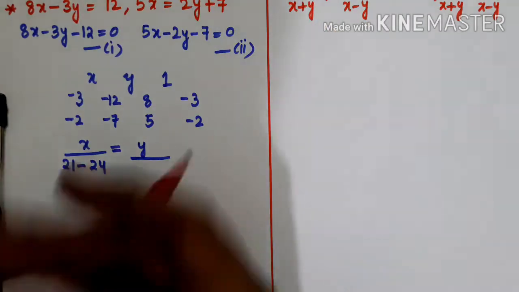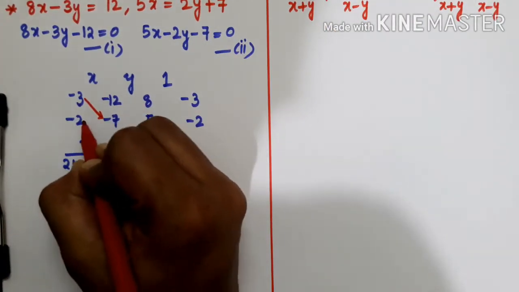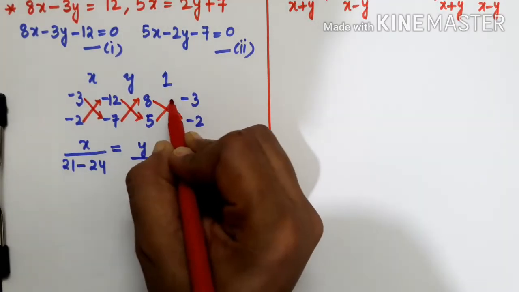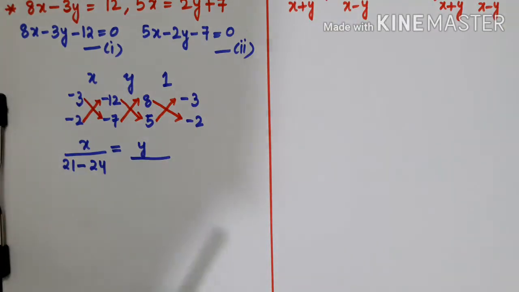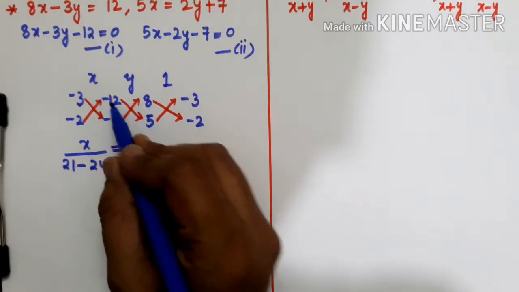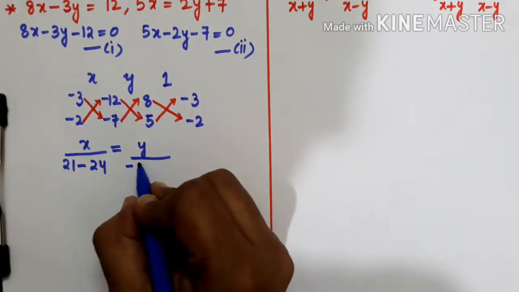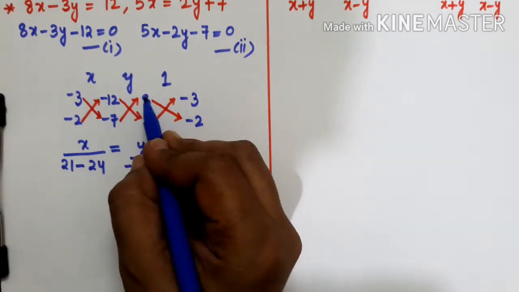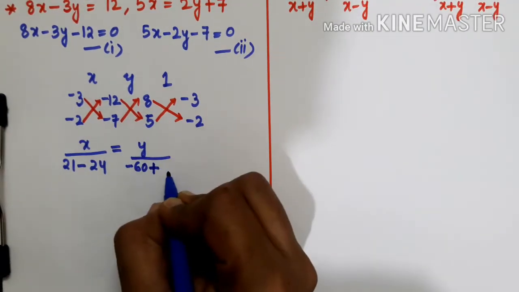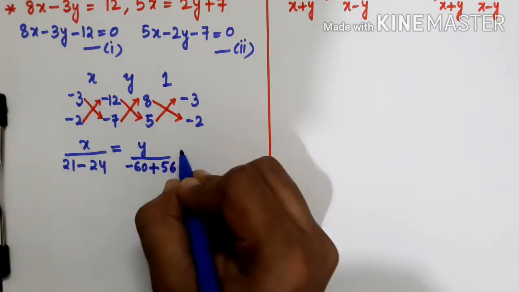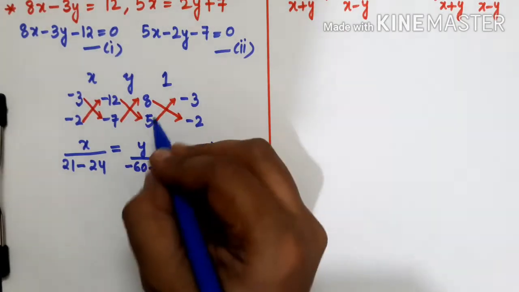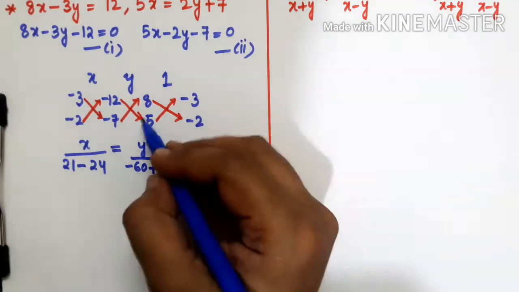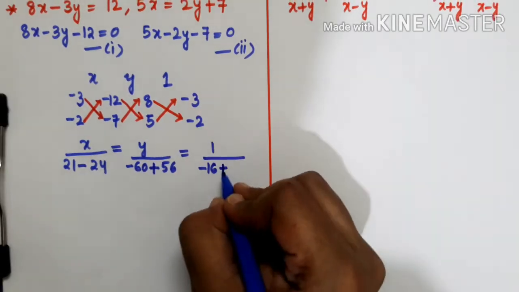let us just draw the arrows for your better understanding. So here it should be like this, first downward arrow numbers, then upwards. So 12 into 5, minus into plus, minus 12 5s will be 60. Now minus I'm having here. Now again one more minus, 7 8s is 56, one more minus, so minus minus will become plus, 7 8s will be 56, equals 1 divided by 8 into 2 will be 16, that is minus 16, one minus is there, then minus 5 3s are 15, so minus 15, so it will become plus